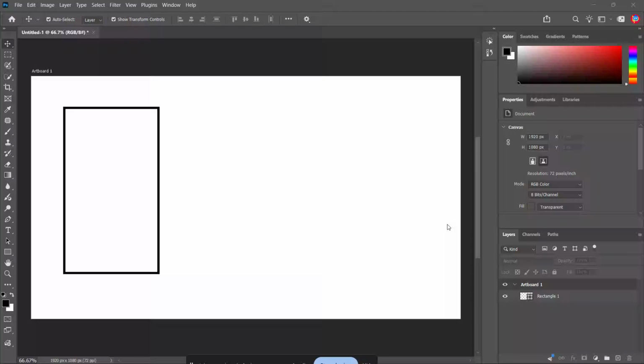In this Photoshop tutorial, I'm going to show you how to use the gradient tool step by step, so you can create smooth color blends, dramatic lighting effects, and professional-looking transitions on your designs. This is one of those tools that can completely change the mood of an image once you know how to